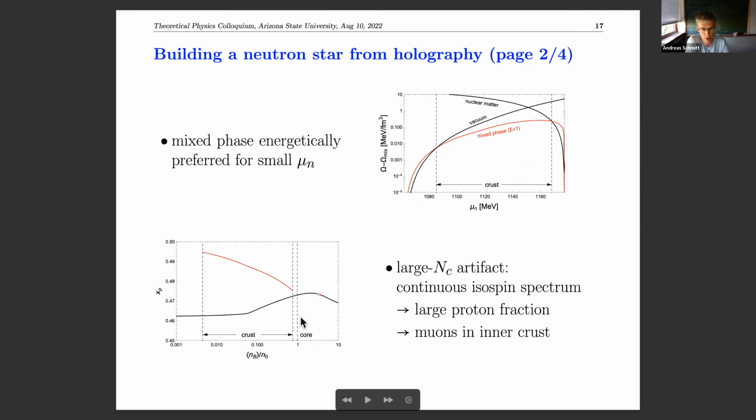Again, going from left to right is going inside the star. Qualitatively, what I find is very nice, what we expect. So I start nearly symmetric in the outer layers of the star, in the crust. So the red line is for the crust. Then I jump here, because I'm plotting it as a function of NB, there's a jump in density. So I jump from here to here in the crust core transition. So I go down and then up again. Also, that is in agreement with what many models predict.